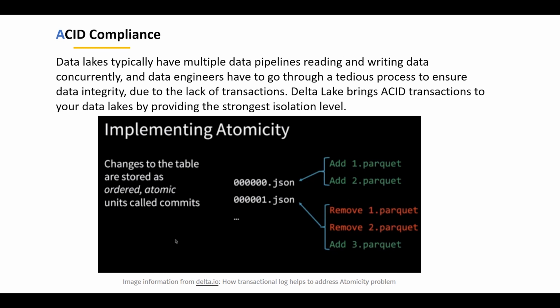So what happened here is that initially, when we wrote this data in Delta file format, it created two Parquet files. Next, you are trying to change some information present in two Parquet files. At that time, what happens? Your complete Parquet file will be rewritten. So assume you have 100 records in Parquet file 1 and another 50 records in Parquet file 2. You are updating some city information which is present in both Parquet files. So what it is doing is removing the old two Parquet files and rewriting the information once again.